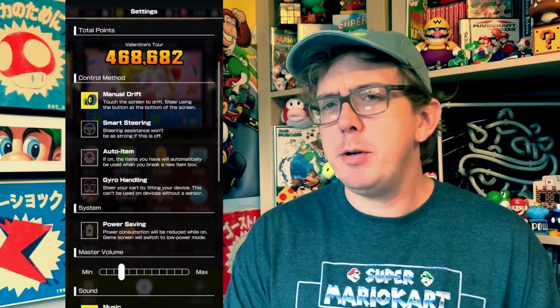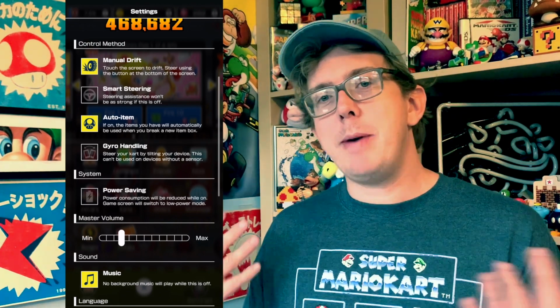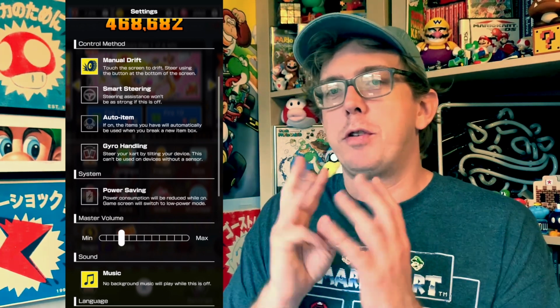Auto item you probably want to try off, but there's pros and cons to both. Auto item means that if you're holding items, when you hit your next item blocks, they will automatically release and bring you new items from the item boxes. This is cool because sometimes you accidentally keep an item and you want to go for 3 items for a frenzy,